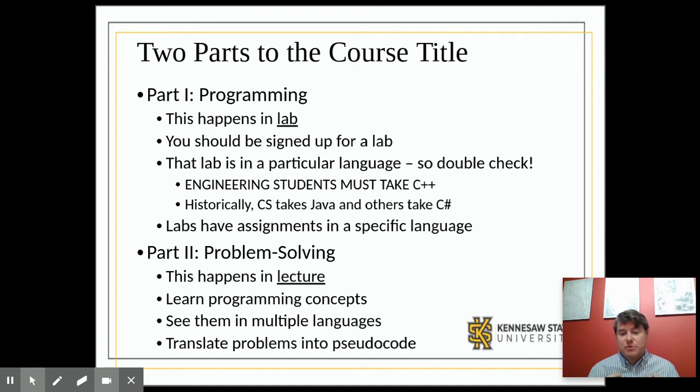The lecture, which is what I'm going to be doing, is where you're going to come to learn the topics. I'm going to teach you how the things work. I'm going to give you examples. I'm going to give some of them in Java, some of them in C#, and some of them in pseudocode. Mostly we're going to work in Java because it's the one that I have closest in my IDE, but I'm always going to explain what the differences are from pseudocode and from C#.